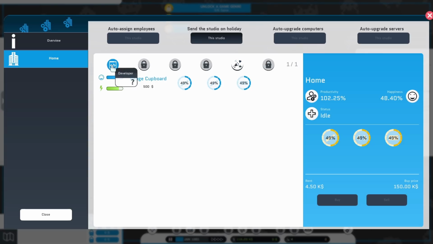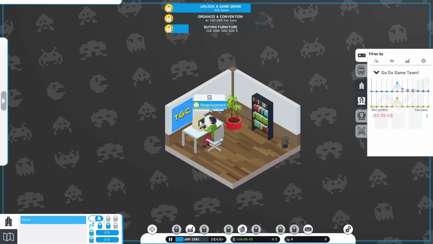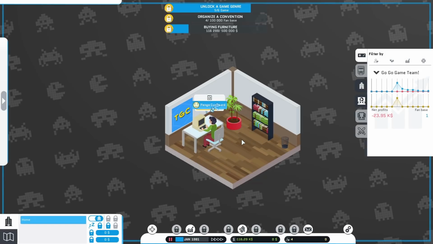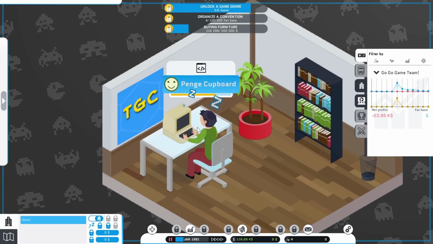Marketing manager, Penge. How do we upgrade your computer? Your computer looks old and slightly rubbish. Can we make your computer better? I don't know if we can. I'm not entirely sure if we can do that or not. I don't know. Can we figure that out? Let me press enough buttons. Let's see if we can upgrade that computer because it does look...